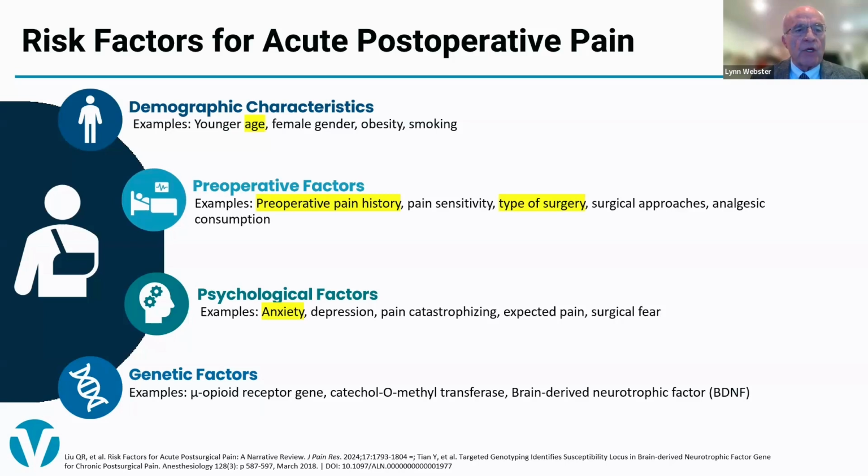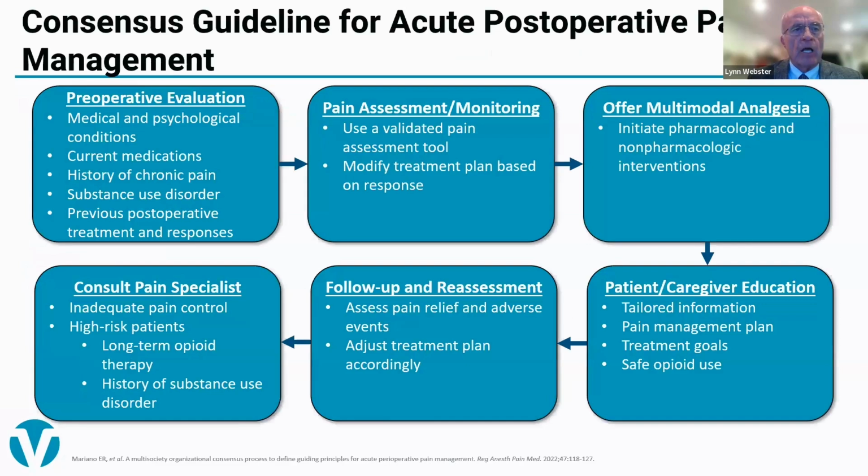We know that the mu-opioid receptor gene and the catechol-O-methyl transferase, as well as the BDNF, that is the brain-derived neurotrophic factor, are polymorphic changes of the receptor that make some individuals more susceptible, greater risk of developing chronic long-term pain. We can look at the consensus statements, and there have been several over the last decade that have been